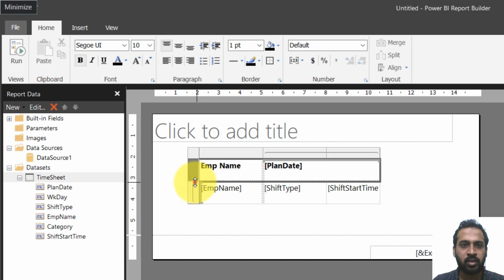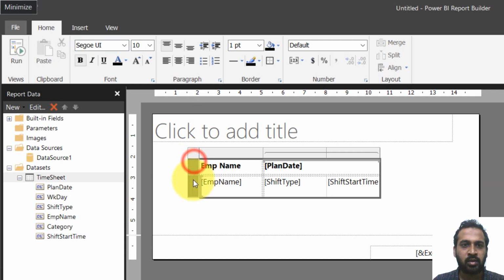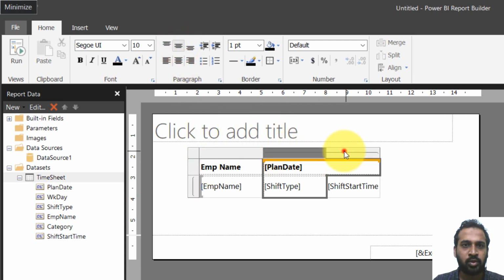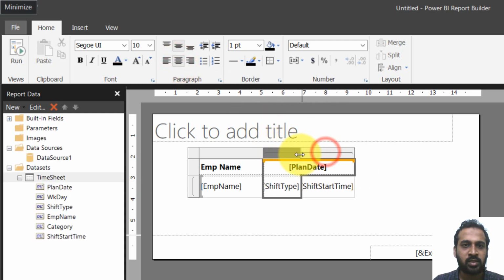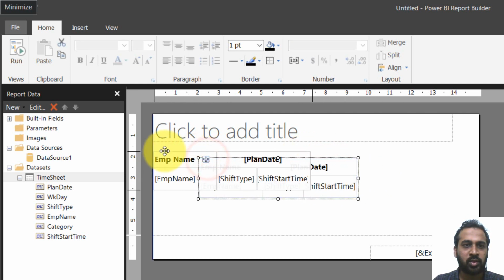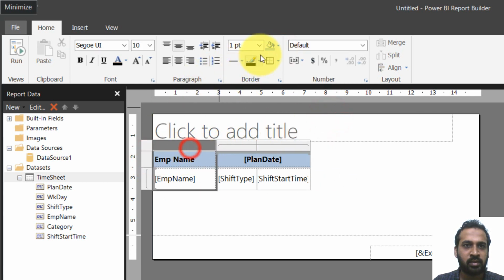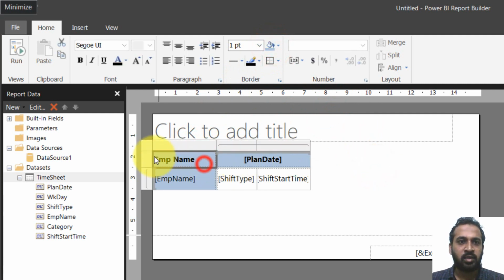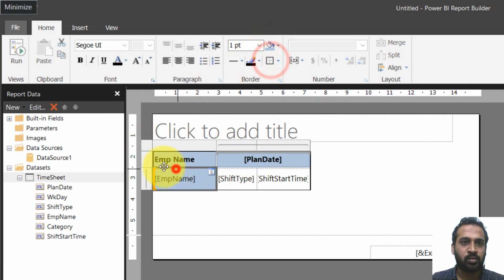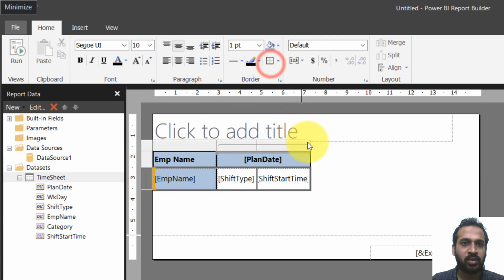Clicking here, bold, just quickly make it up here, and I want to update this to the center, both of them should be aligned on the center. So let's adjust the shift type and the timing, and just move on to the left side and select here, and do some little formatting, this and this, and even for the borders you can select this one. Quickly selecting this one, yeah, done.